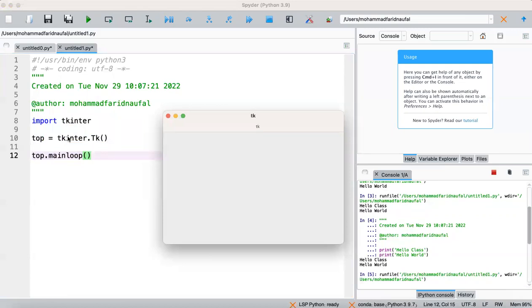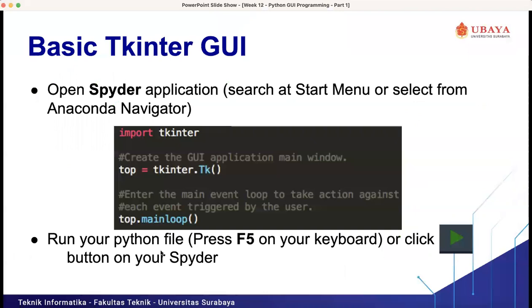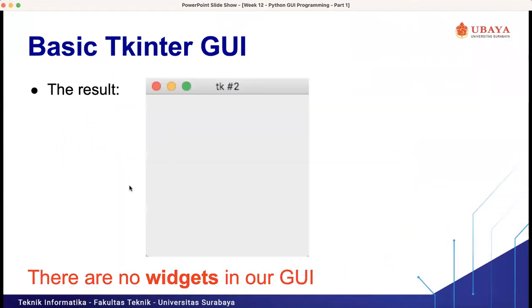Okay, let's go back to our slide here. You can also run your Python file in Spyder by pressing the F5 button on your keyboard, or click the play button in Spyder. The result will be like this. It may be different because I'm using macOS.